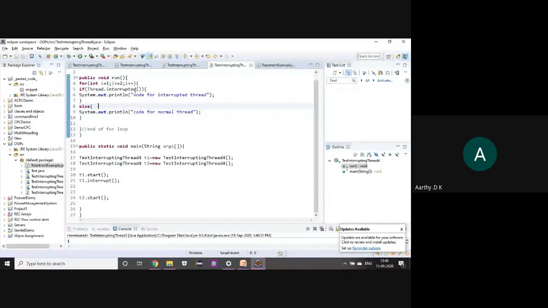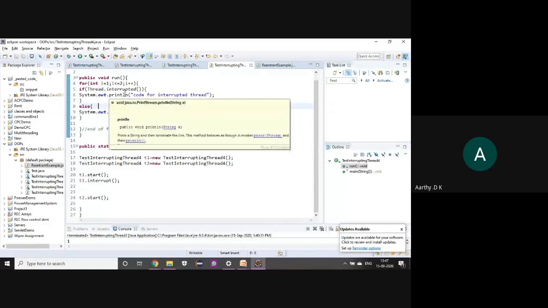So only once will "code for interrupted thread" get executed, even when the thread is executing two times, because you have interrupted the thread only a single time. Suppose in this place I had used isInterrupted. Then for the second time also it would execute "code for interrupted thread".